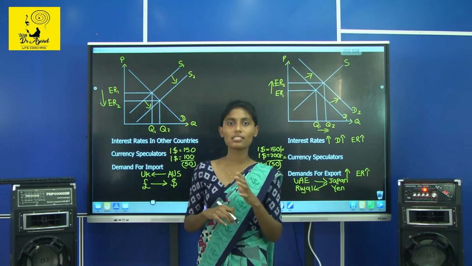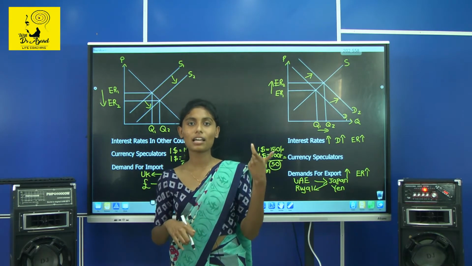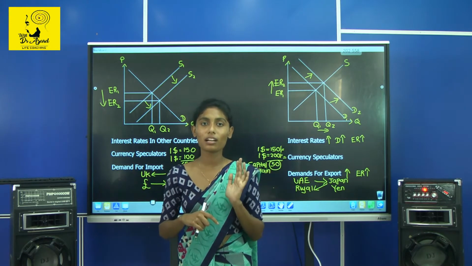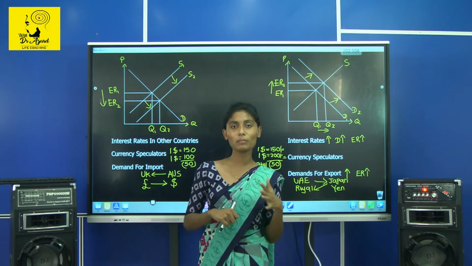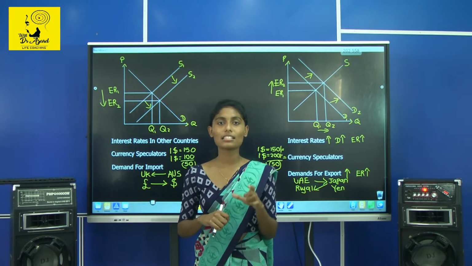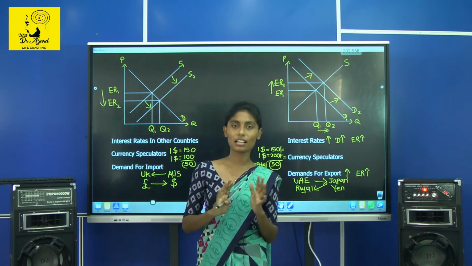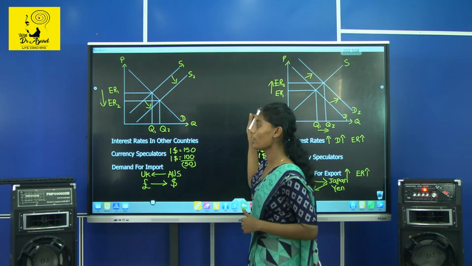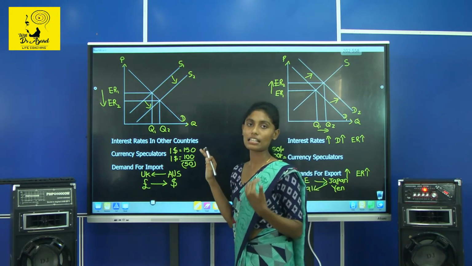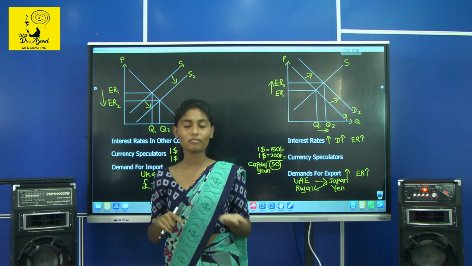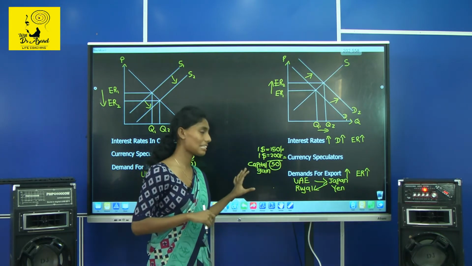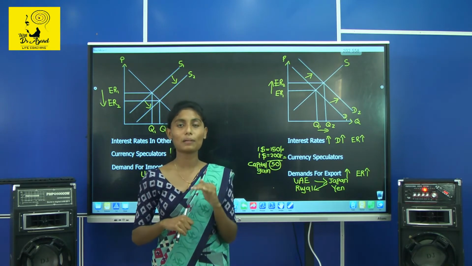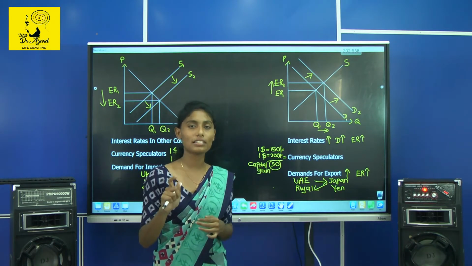So who determines these exchange rates? Who sets those prices? It is set by the market demand and supply forces. In which market? In the foreign exchange market. What do you mean by foreign exchange market? It is a place where you buy and sell foreign currencies. So now you know the exchange rate means the price which you pay to buy another country's currency, and the price is set in the foreign exchange market.